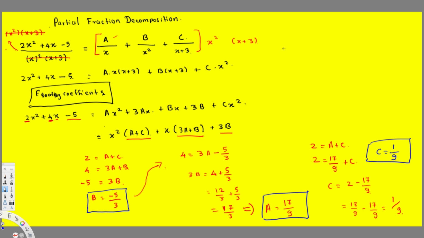Therefore this whole thing, 2x squared plus 4x minus 5 over x squared times x plus 3, that's our original expression, is equal to a over x, that is 17 over 9 over x, plus b, minus 5 over 3, over x squared, plus c, that is 1 over 9 over x plus 3, and this is our final answer,